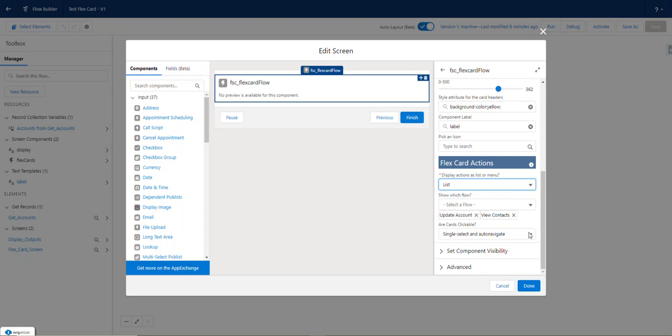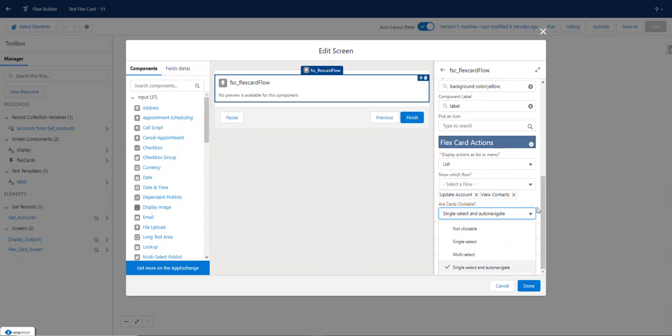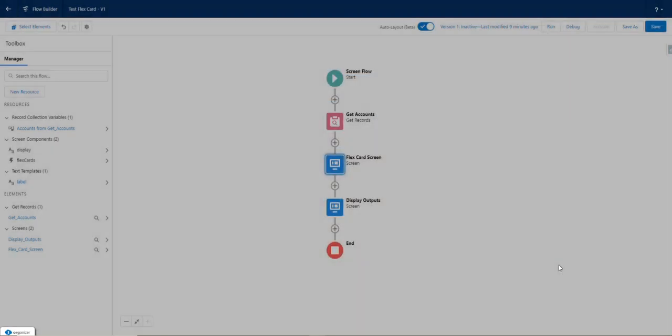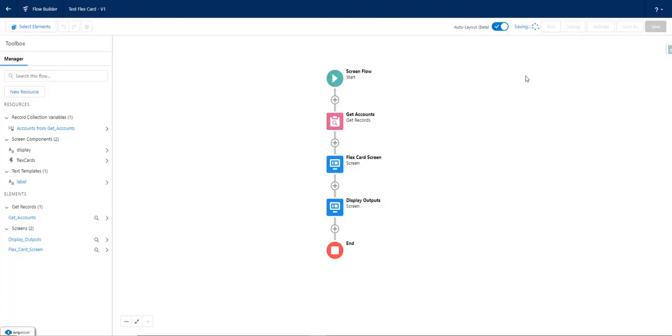And then, are my cards clickable? So before we showed single select. So if I choose multi-select, we'll see what this looks like real quick. You can select multiple cards inside of your flow. So if I click done here and I click save